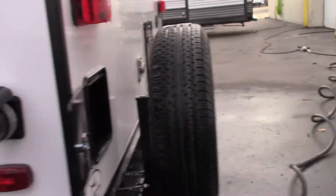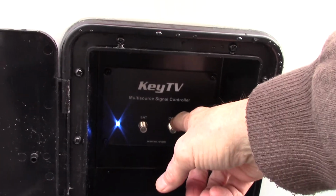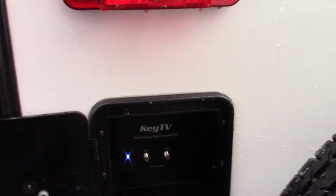This is where your 50 amp cord hooks up. Like I showed you, yours is inside the trailer. Cable, campground and satellite come through, and you hook up right there. That's your furnace vent, of course. Your water heater